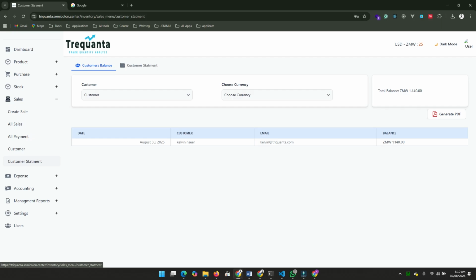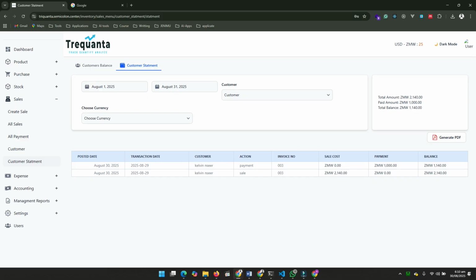You can still have a report. If you have more customers, you can still check here. You can still check the range of date, check the customer. If you still have more, you can see in different warehouses, for different customers, how much he owes you in your